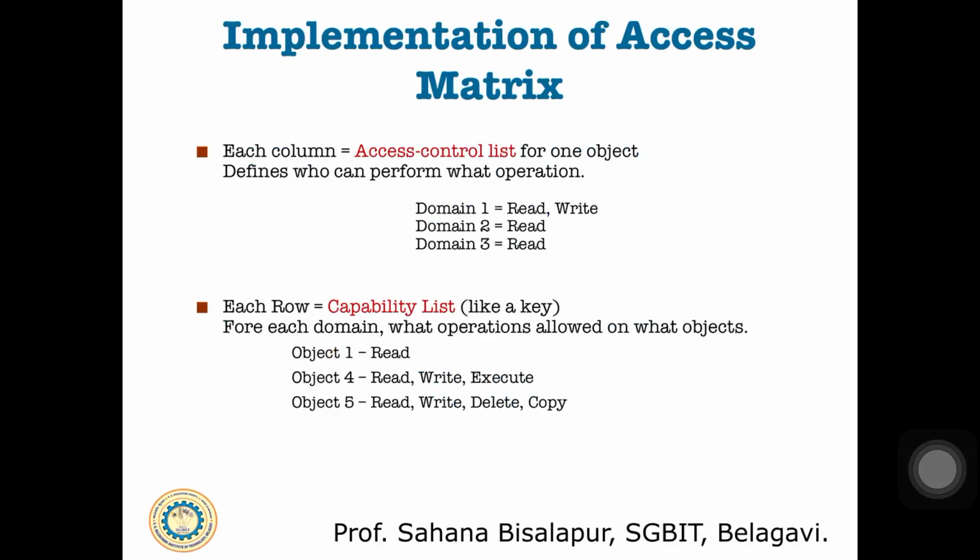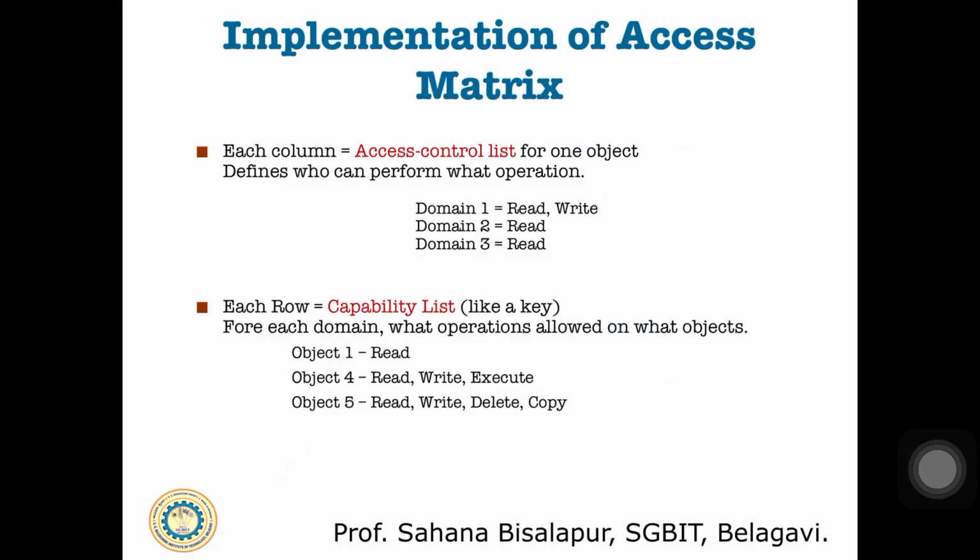It may be read, write, or you may have rights to write into that file, or rights to execute a particular object. These define all the domains with a non-empty set of access rights for a particular object. This approach can be used easily, or we may use it as a default set of access rights. Whenever any operation is attempted on any object by any domain, we search the access list, and each object has its own access list.